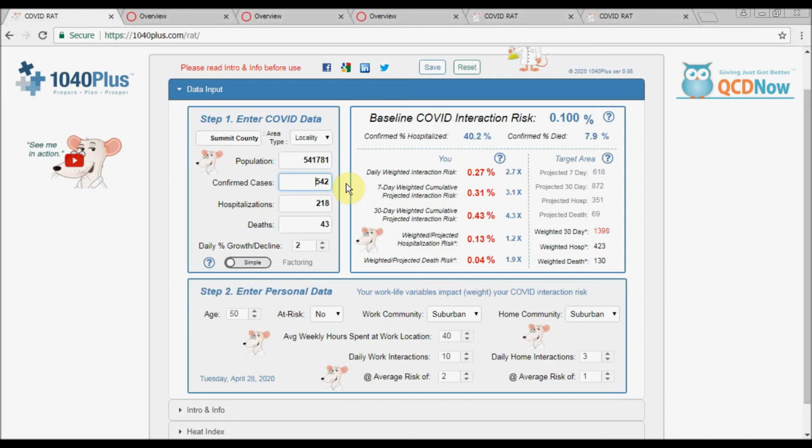I hear your argument, and I will respond to that this way. Once those individuals get sick, those cases will be manifested here in the confirmed cases,